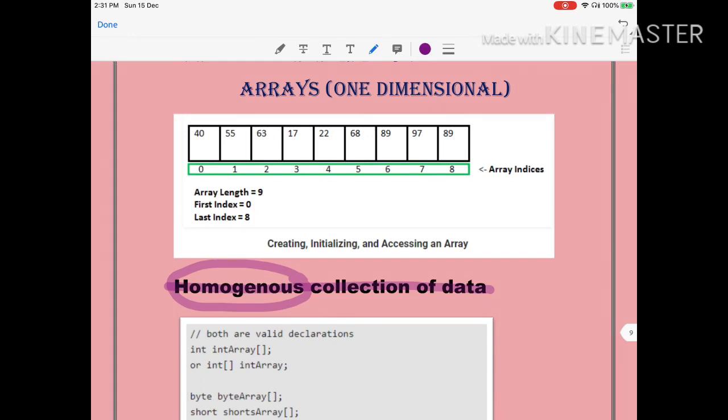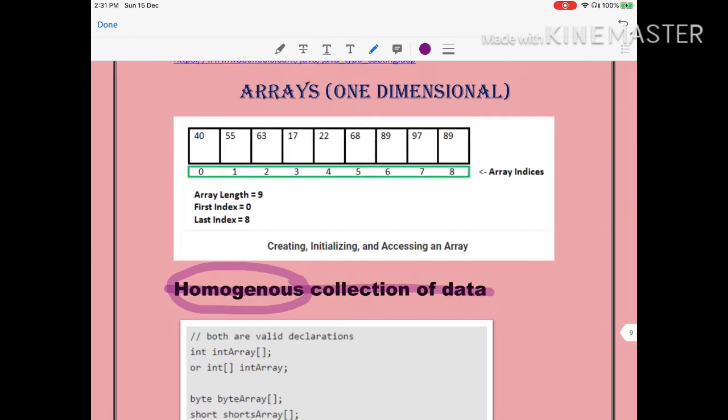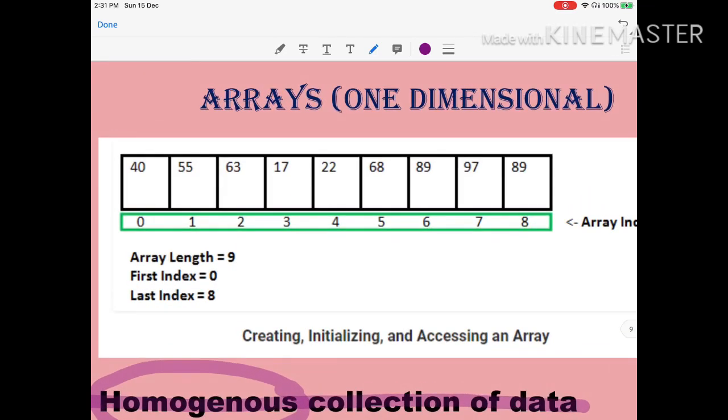So when declaring itself, you have to decide कि array किस चीज का बनाना है. Whether you have to store floats, you have to store int. आपका data type requirement क्या है? You have to create array according to that. So here we are learning about one dimensional arrays. One dimensional arrays क्या? जैसे यहाँ पे फोटो में दिखाया गया है, a